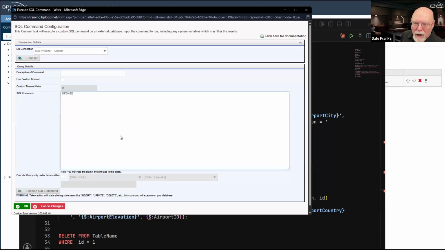The other thing you have to be careful with the SQL command custom task is that little button right there that says execute SQL command. Remember, whatever you put in here, we're going to send to SQL Server and wash our hands of it as far as Process Director goes.